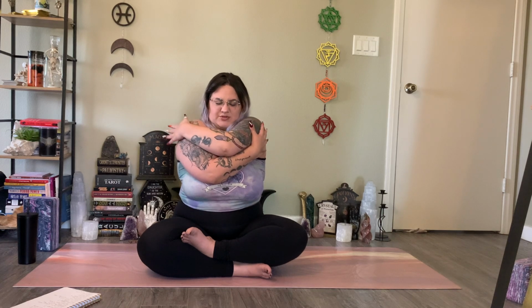Gently, you can release your hands from your heart, bringing them out to the sides. We're going to inhale, reaching those arms really far out and back like you're about to give somebody a big old hug, because guess what we are. Exhale, the right arm is going to come under, left arm is going to come over, and you're going to give yourself a hug, really reaching for those shoulders, crossing those arms over your chest,